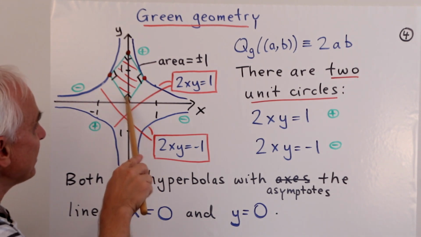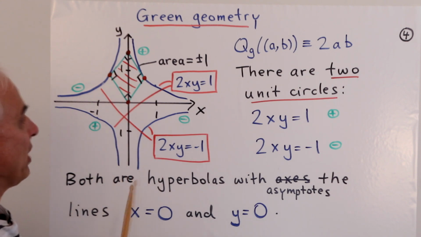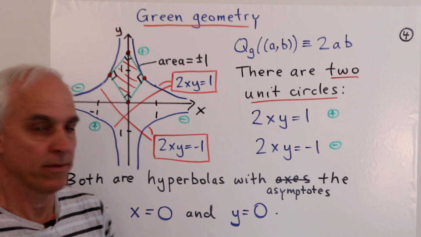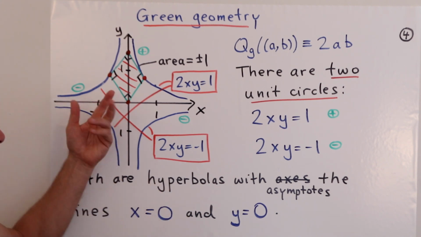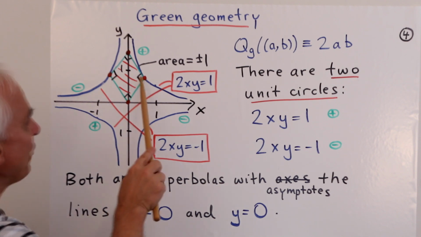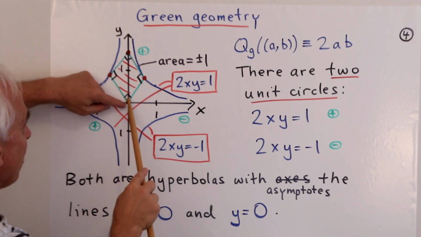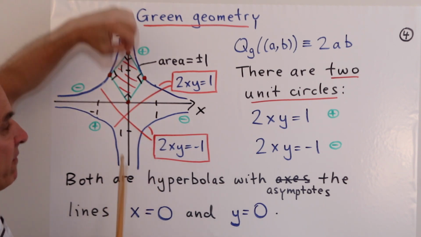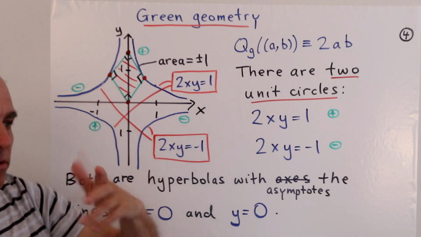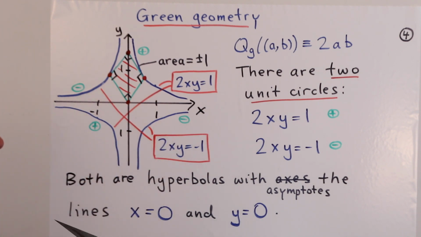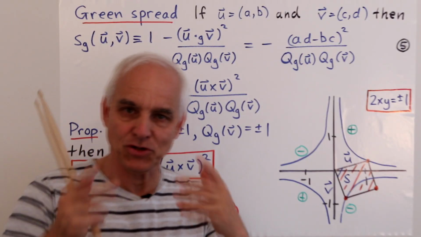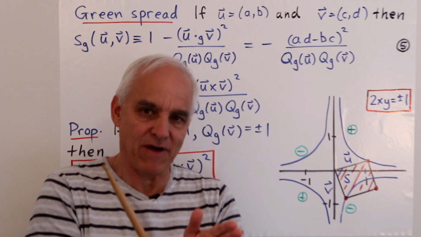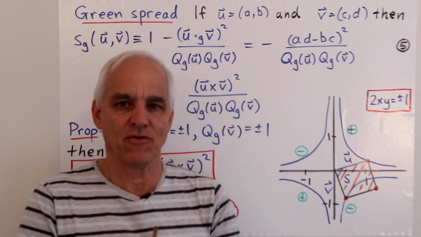So the claim then is that the quadrance of this vector being 1 is really the same statement as the fact that this area here is equal to 1, or possibly minus 1, depending on where exactly you are. So as you move up here, these parallelograms become skinnier and taller, but they all have area exactly 1, or signed area plus or minus 1. And we can use these two unit circles in this green setting as a nice device to give us a physical understanding of green spread.